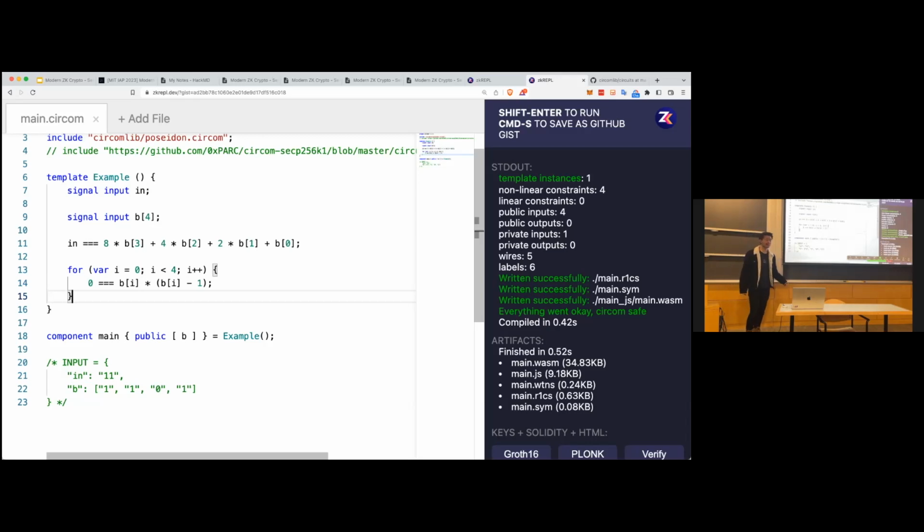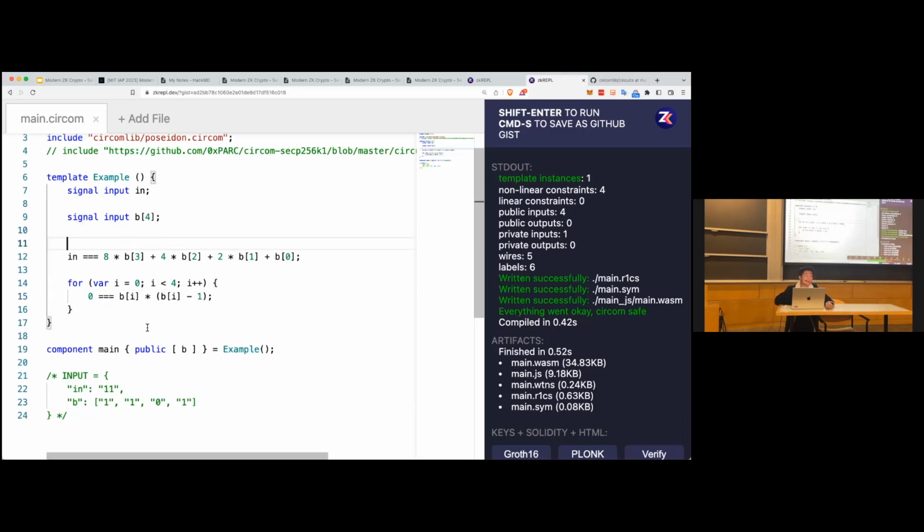11. Yep. So yeah, line 11, this is still going to be really annoying. If I have to write out by hand the value of 2 to the 64 times b of 63, et cetera, that's going to be kind of a nightmare. So what Circom also allows me to do is there's this syntax